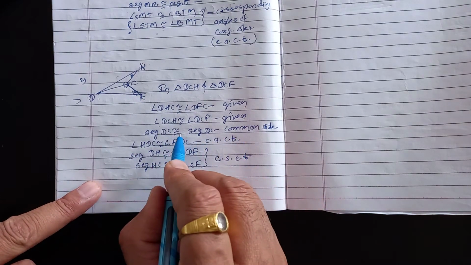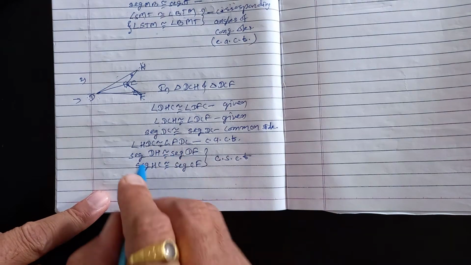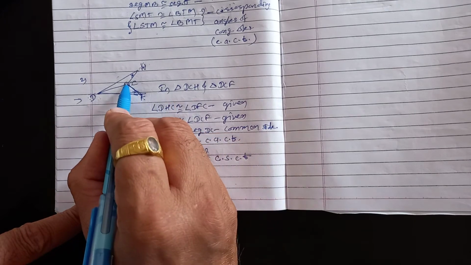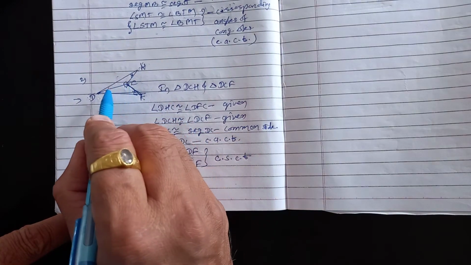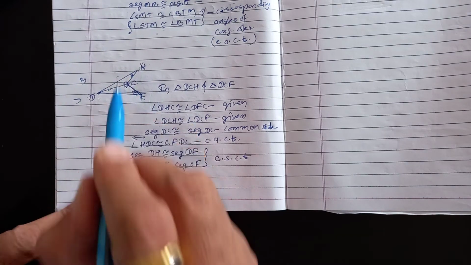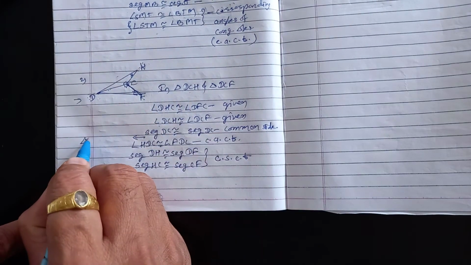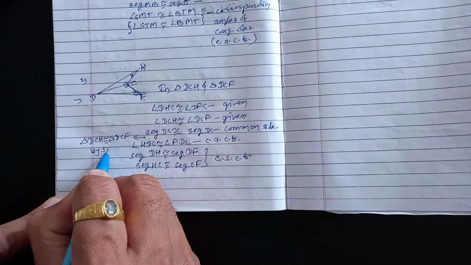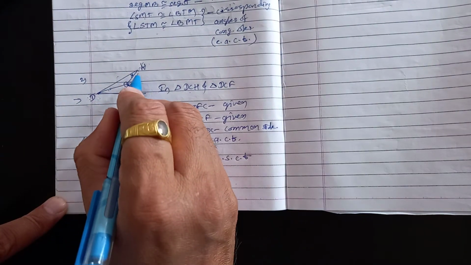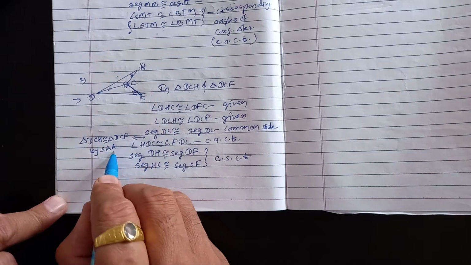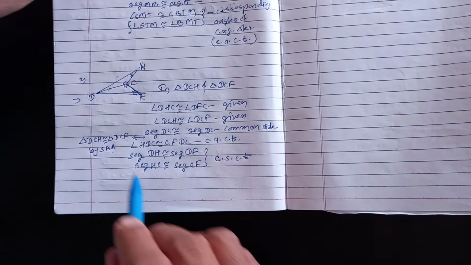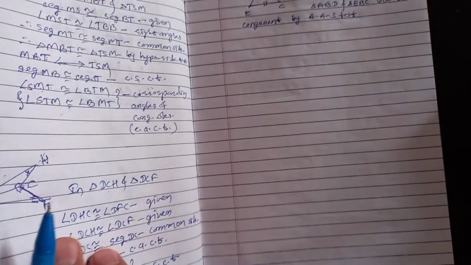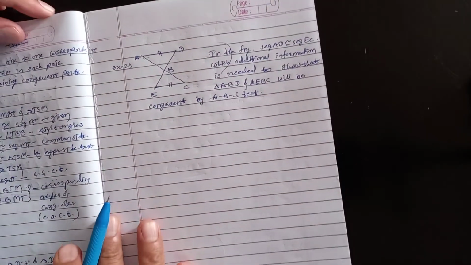Means one-to-one correspondence remains. When we have shown these two triangles, we have to show they are congruent. One more part remains, and afterward you have to write. See here, this angle and this side: AAS, or you can say SAA. Triangle DCH is congruent to triangle DCF by SAA, or you can say AAS. After showing this congruence, then we can write this one. This part remains, so I have written. Okay, so one more diagram remains. You just try to solve that.